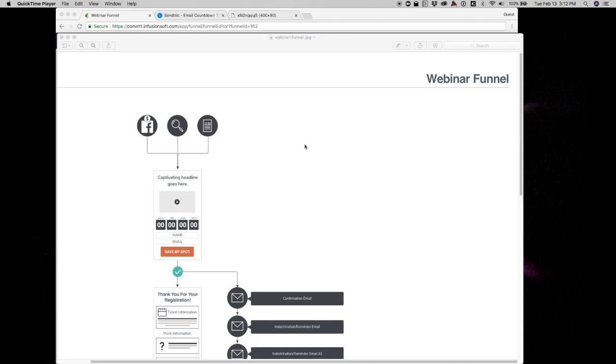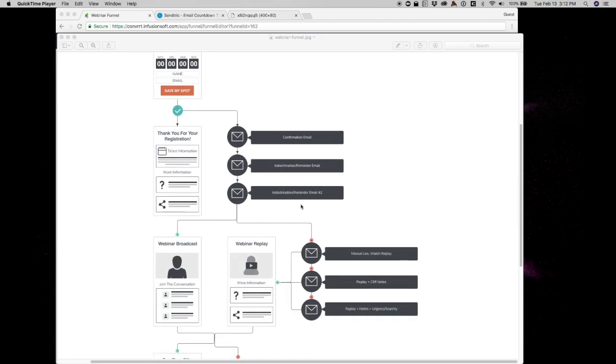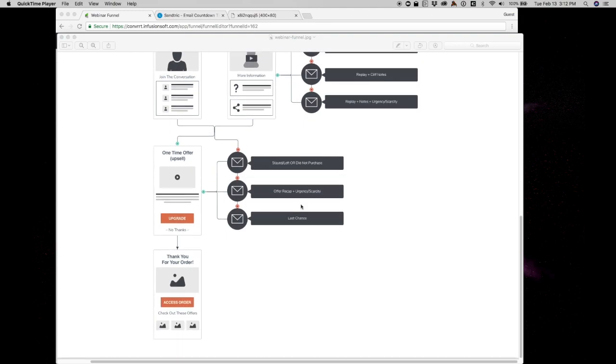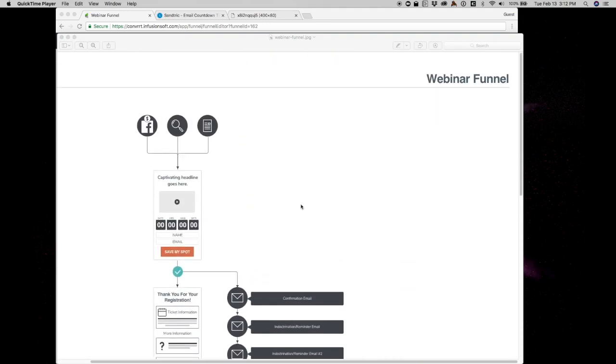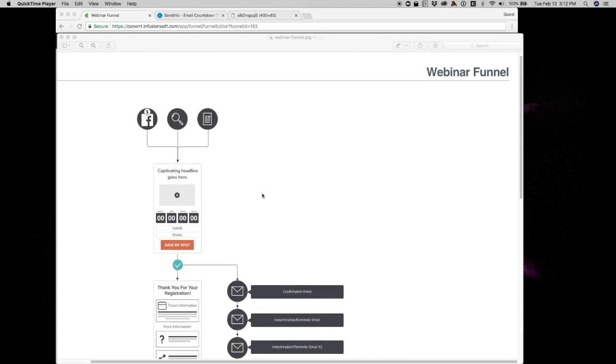Hey everyone, so I have this funnel that I'm trying to put together. I'm making a webinar funnel where I have a video that plays, and the idea is that after the video has been playing for a certain time, I want to reveal this email form and the countdown timer to the audience. But by default, I just want to play a video on the screen as a video sales